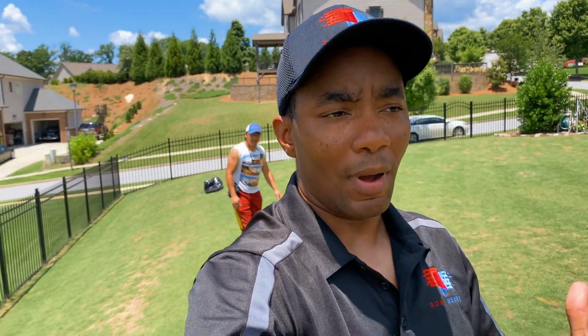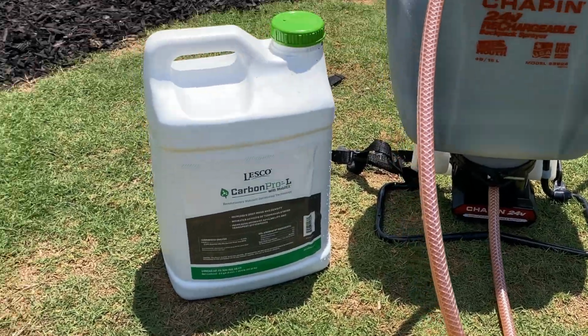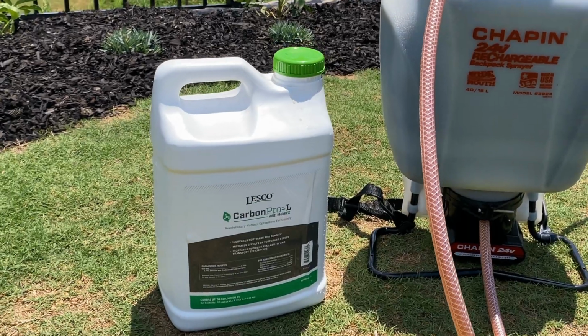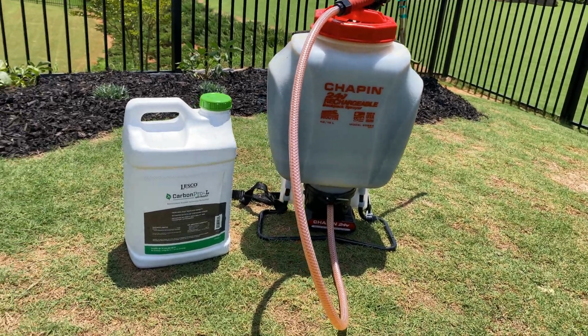It's already starting. So the product that we'll be putting down today on his lawn, kind of following what I've been doing on my lawn, is this product from Lesco. It's a carbon soil conditioner and organic fertilizer. I've already got it mixed here in my backpack sprayer. But what that is, it contains